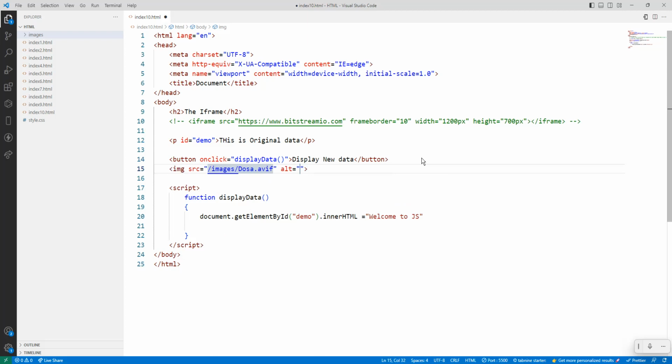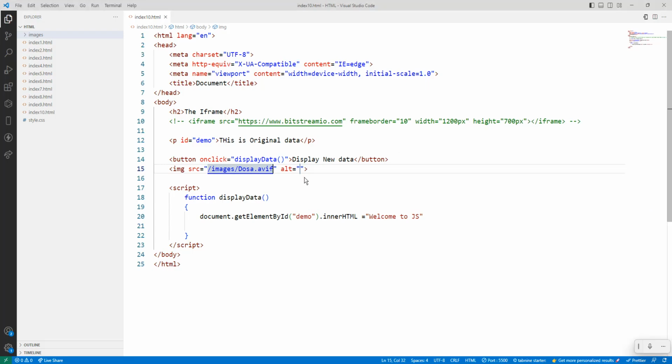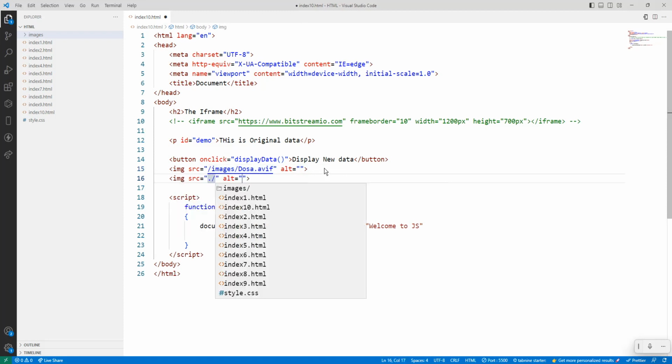So this is called what? This is the absolute path. So what I will do, same thing, I will use img dot forward slash, dot forward slash, sorry,